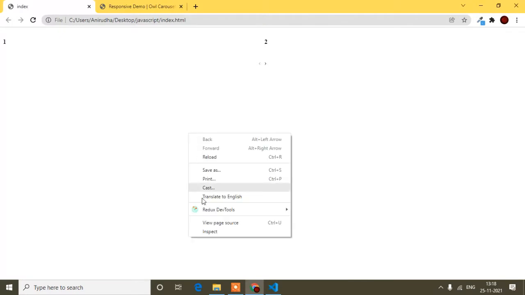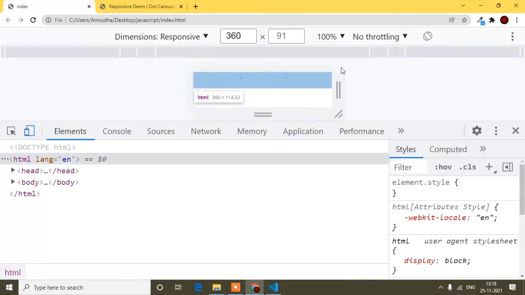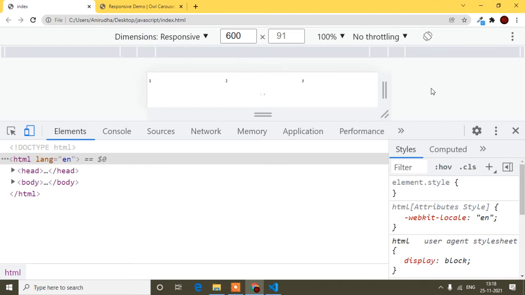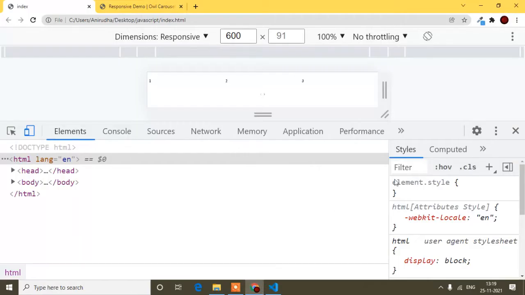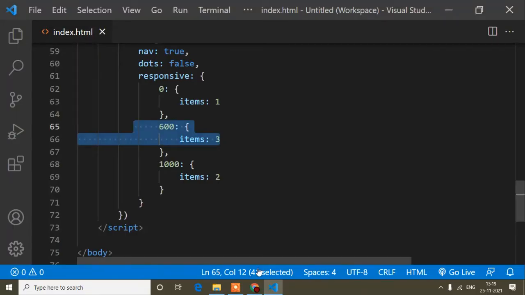If I inspect and shrink the screen size to 600, you can see it's showing 3 items because it's written like this. That is called responsive.